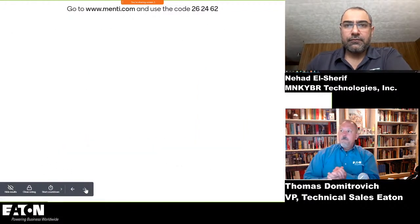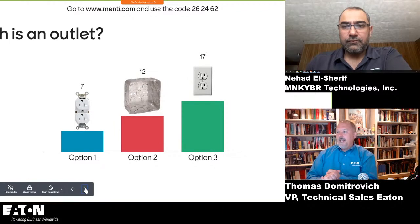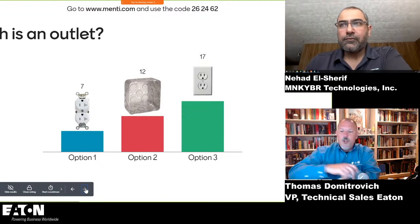All right. The next question was, or is, which is an outlet? Option 1, we had 7 people say that a receptacle is an outlet. We had 12 people say option 2, which is that box is an outlet. And then 17 people say that option 3, the receptacle with a face cover, is the outlet. And it's important to understand this for the reason,